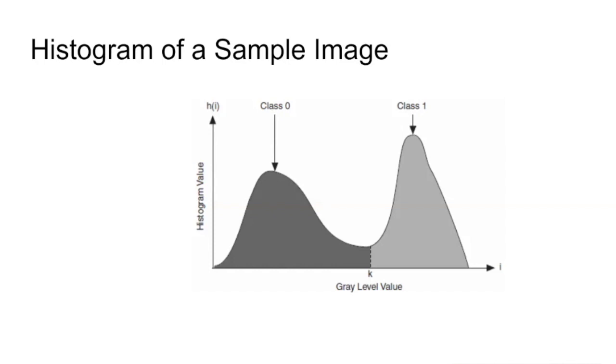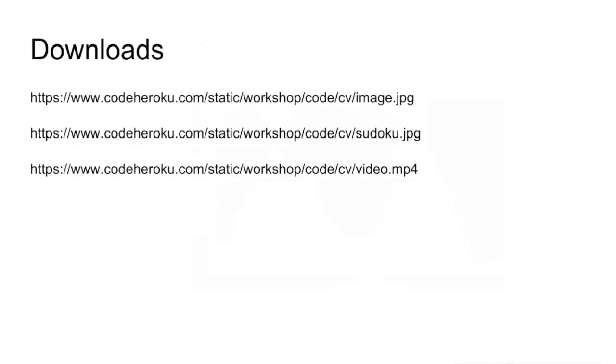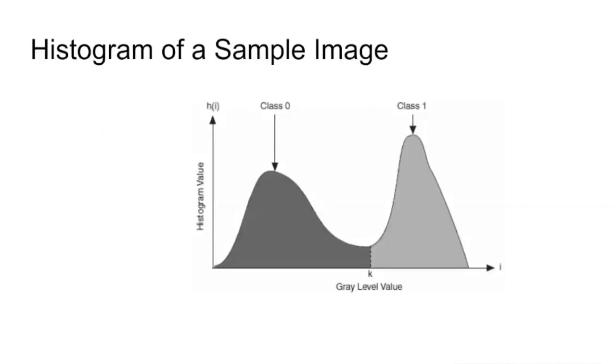And what you could do is pick a threshold over here in between. If there is anything on the left of this threshold, I'll put that to 0, or I'll make it black. If there is anything to the right of this threshold, I'll make it white. That is what we're trying to do over here. We're trying to have two discrete values. Instead of having from 0 to 255, if there are any pixels which are greater than this threshold, I'll round it up to 255. If there are any pixels less than the threshold, I'll round it down to 0. That is how you would go about thresholding an image, or converting that image to a black and white image.